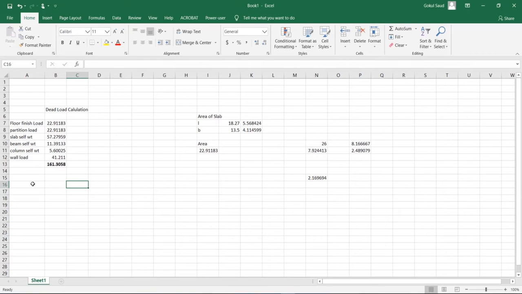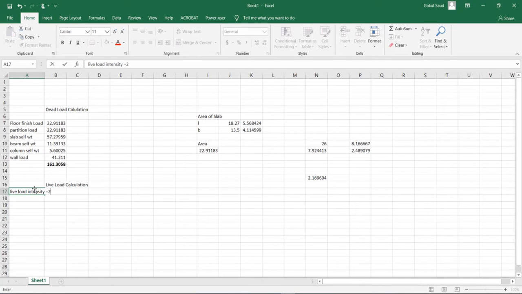So let's do the live load calculation. Live load calculation. Normally for the residential building, live load taken is equal to, so live load intensity, I'll say the intensity is